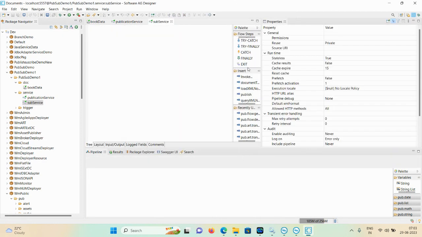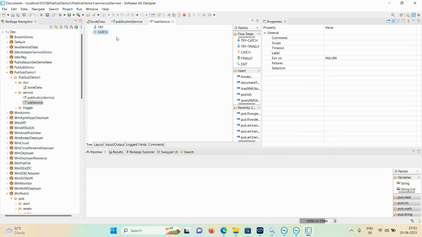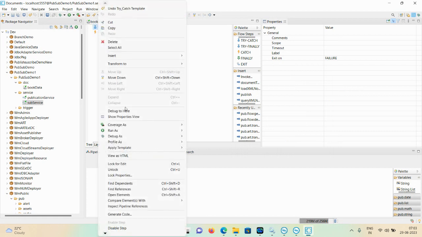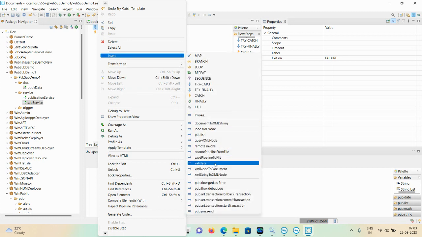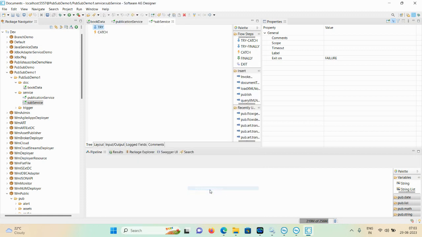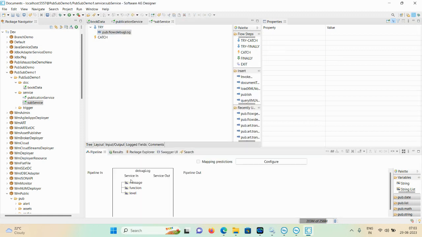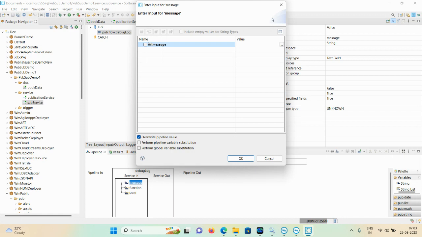Here we are using one try catch block, and in the try block we use one debug log. So insert, and here you can mention,